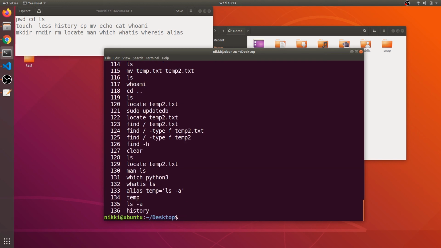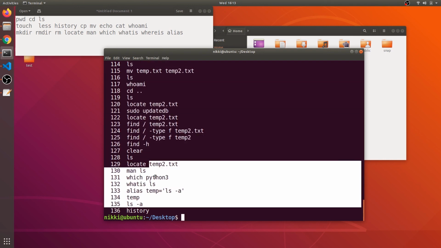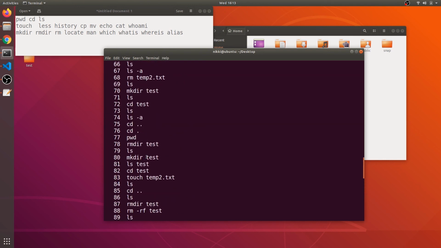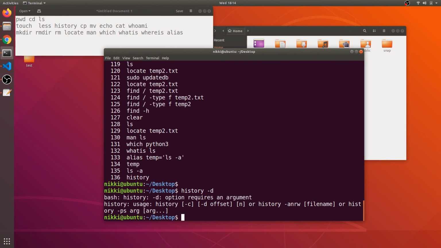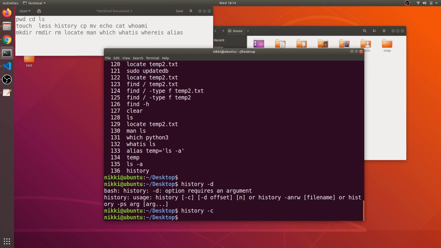If I hit enter, you can see these are the commands you have given to the terminal. You can see there are a lot of commands. There is a way to delete this history content. If I want to say history -d. Alright, I am wrong. Sorry, history -c. I'm so sorry, I just got confused.